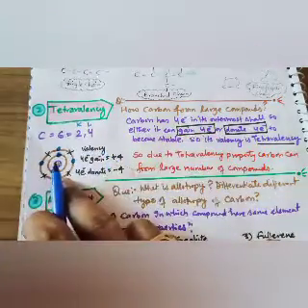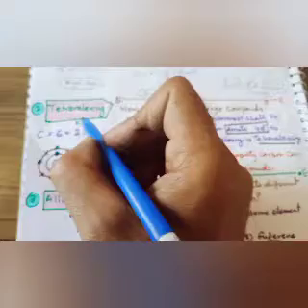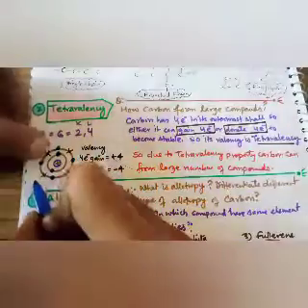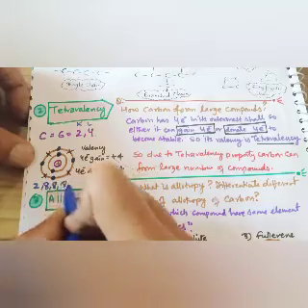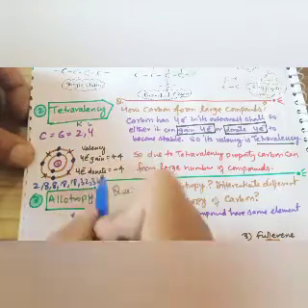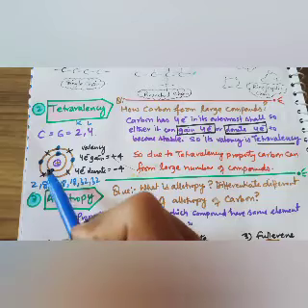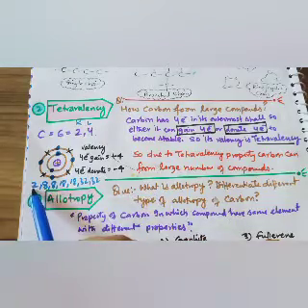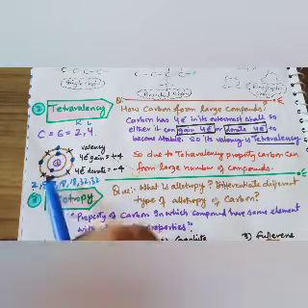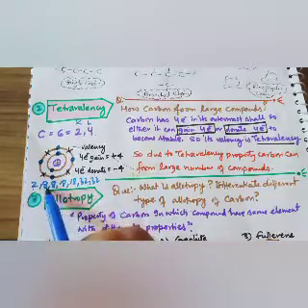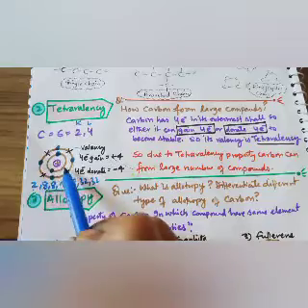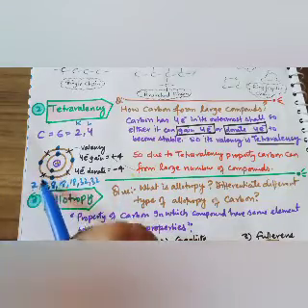You have studied Bohr's contribution in 9th class: 2, 8, 8, 18, 18, 32, 32. It means that electrons will fill in shells. First 2 electrons will fill, then it cannot be 3. Once 2 electrons fill, until 8 are filled, we will keep on filling the second shell. Once 8 electrons fill, we cannot fill a 9th, so we will move to the next orbital, third, 4th, 5th, 6th, 7th, and so on.